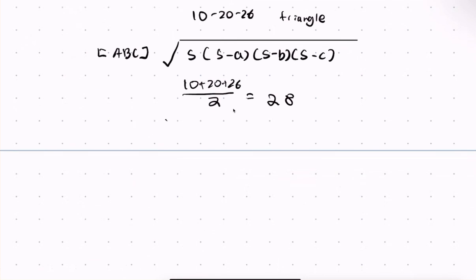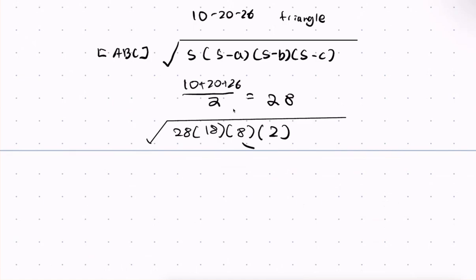And now applying this, we get the answer will be the square root of 28 times 28 minus 10, which is 18, 28 minus 20, which is 8, and 28 minus 26, which is 2. And this just gives us 4 on the outside, so 4 root